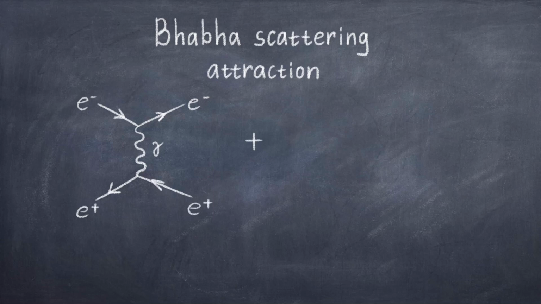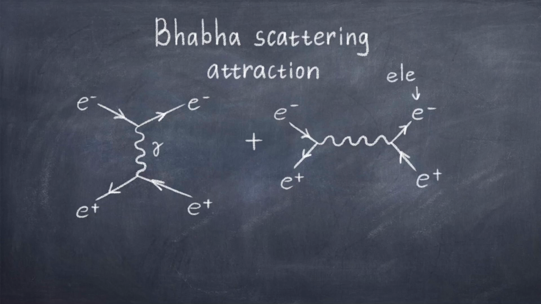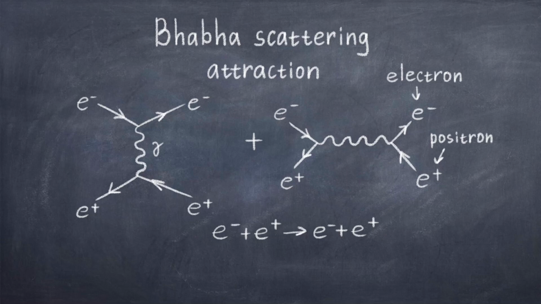Now note that the fermion lines go the opposite way for the positron because it is antimatter. Unlike the case with the two electrons, we can distinguish between the positron and the electron, so there is no cross diagram. But because we have a pair of matter and antimatter, we get another diagram which we must consider. This is the annihilation diagram when the electron and positron annihilate into a photon and form again from the photon. So again we would have to consider both diagrams to compute this interaction.